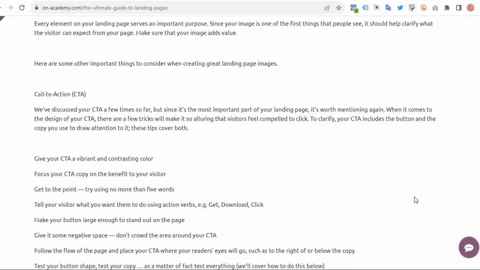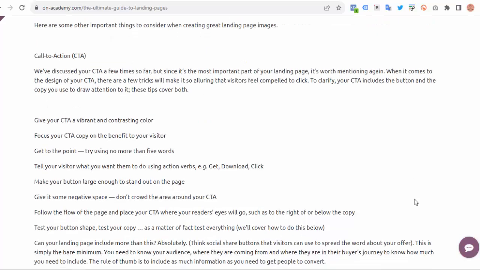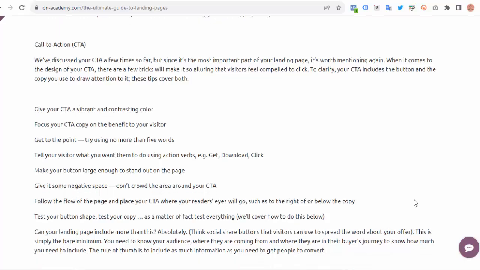Try to work the important copy into an F pattern, which is the direction that most people scan a page online. Work with the flow of visual patterns to drive people to the key points that will get them to convert. Landing page colors. The design of your landing page, including the colors you use, should reflect that of your